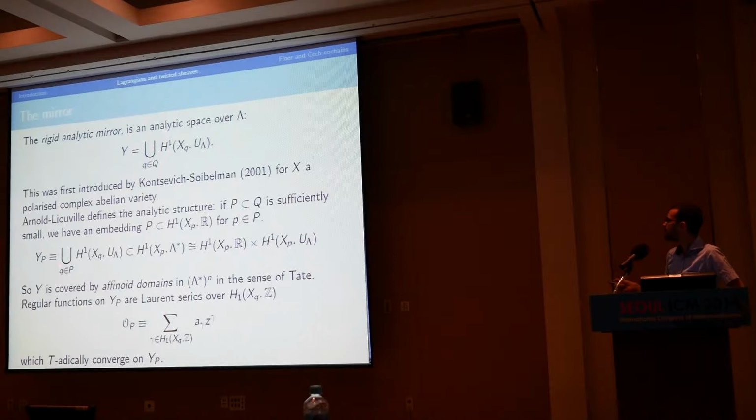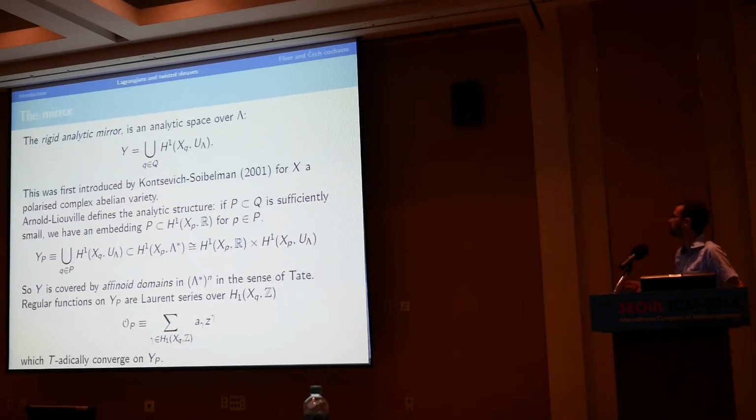So once you know this, what you do is you take not all these fibers, but just the ones living over this subset of the base, and you can embed it inside the first cohomology with coefficients in Lambda star. So Lambda star is the non-zero elements of Lambda. So every non-zero element has a leading order term. Okay? So that gives you the map from Lambda star to R by just, well, the leading order term has an exponent. That exponent is a real number. And now if you multiply this non-zero element of Lambda by T to the minus that exponent, you get a unitary element. So that's the map from first cohomology with coefficients in Lambda star to this product.